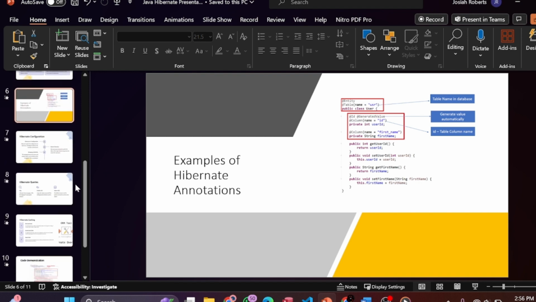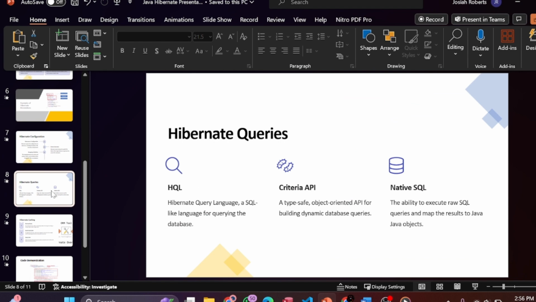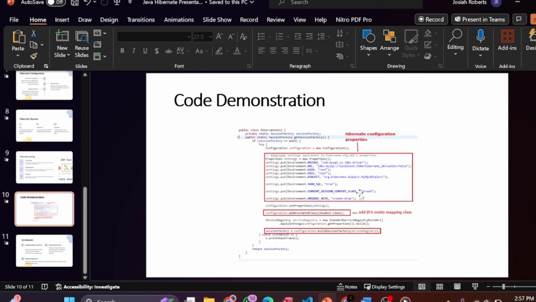We go over to queries, and they're basically used in the Hibernate framework. So we have HQL, Criteria API, and native SQL. Now we go over to the actual code. So you can see the configuration basically sets out the URL used for the database, the user, and the password. Because we know when doing SQL, you need to create a username, you need to have a password, and so